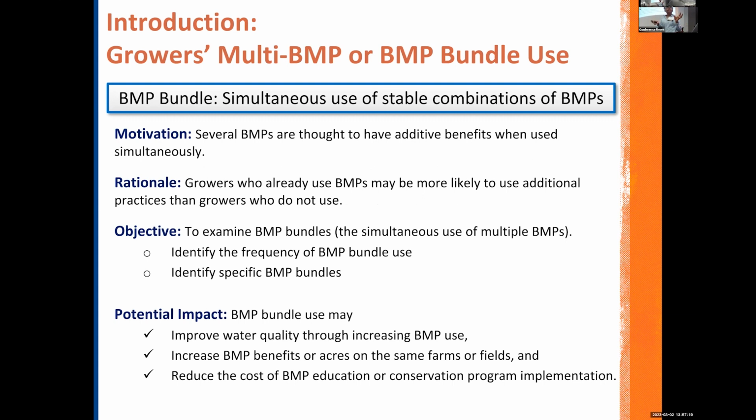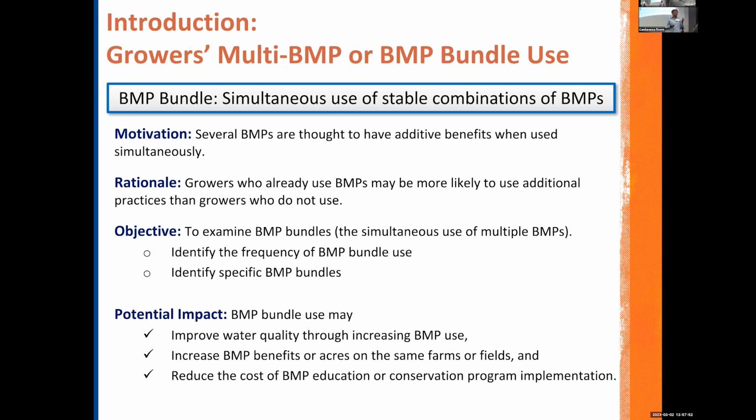And I'm coining this as BMP bundles, like suites of practices that growers would use or adopt on their own or adopt through programs like the FDAX program. But we don't have a good understanding of what's being adopted together and what the synergies are. The synergies and what is motivating adoption, that's where I'm hoping this work will lead. But today we just want to use this data set to identify, do these bundles exist? Are growers using specific groups of practices together for whatever reason?